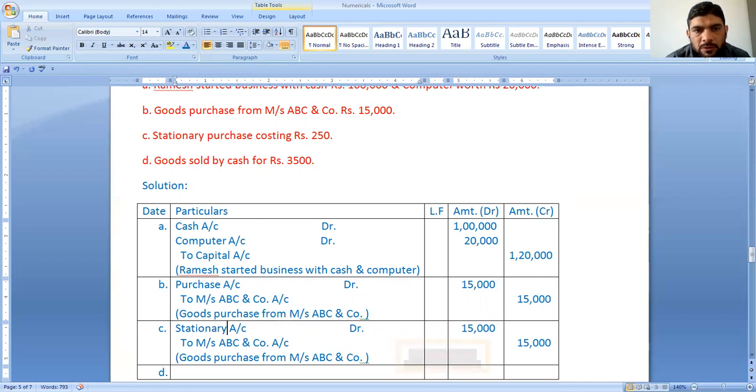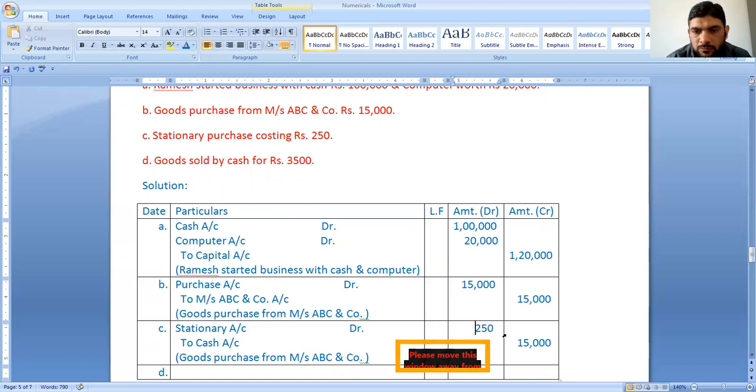Stationery account will be debited and the payment will be made by cash, as nothing is mentioned. On the first inference we have taken cash as a payment and we may write over here 250